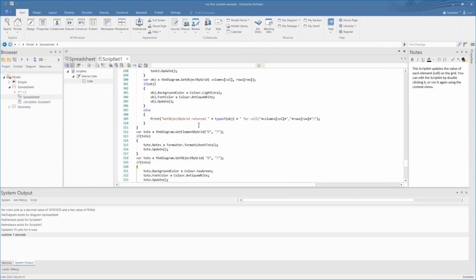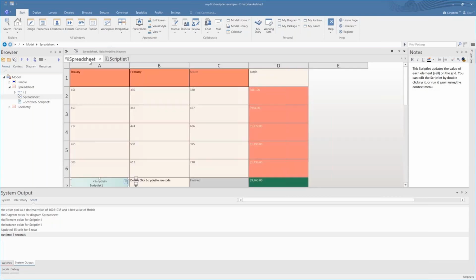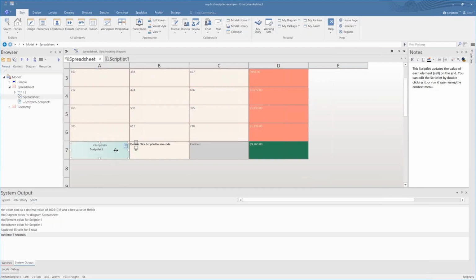So in the webinar today, we've looked at a number of different things in scriptlets. We've looked at some JavaScript code. We've looked at the JavaScript console. We've used our scriptlets in order to change the appearance of an element. We've used scriptlets in order to perform trig functions.